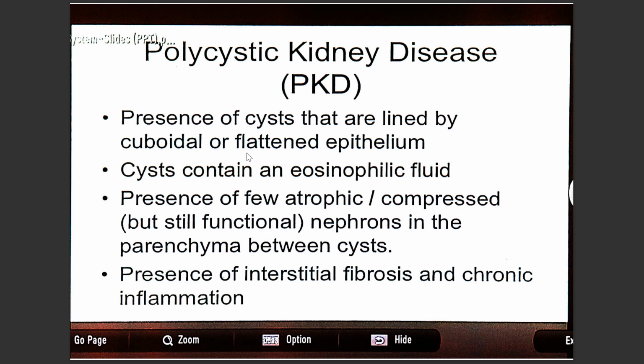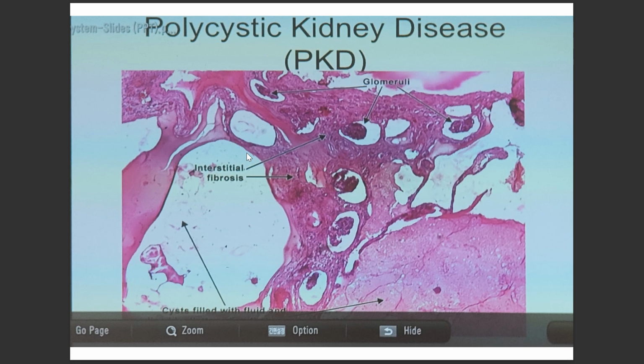these are the characteristics of polycystic kidney disease. This is the polycystic kidney. What do we mean by polycystic kidney? Polycystic kidney means cysts are present, and the cysts contain fluid. Here you see that the glomeruli are normal because they keep their shape, and the Bowman's capsule and capsular space are present. And you note that some